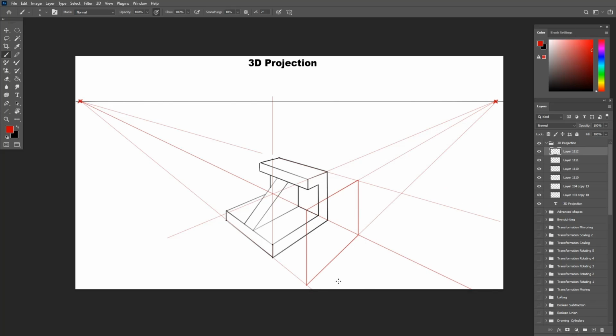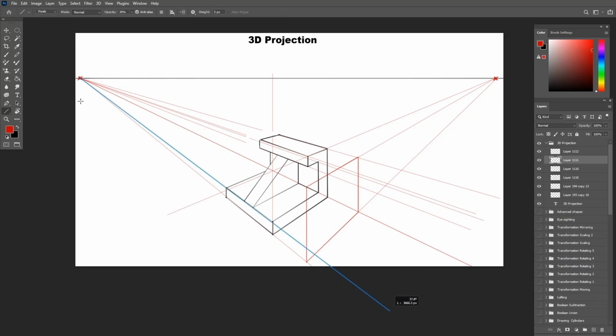Now we can add the interior details for the object, like the ledge on the top and the platform on the bottom. After drawing the surrounding shapes, we can add the slope between the top and bottom by connecting in between them. And this is basically the front projection of the shape.